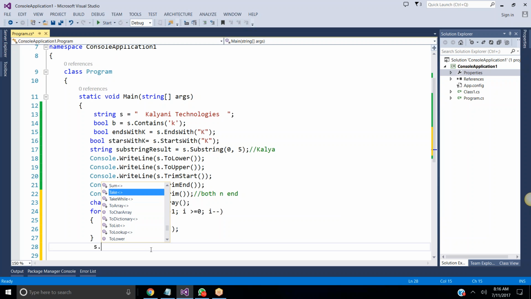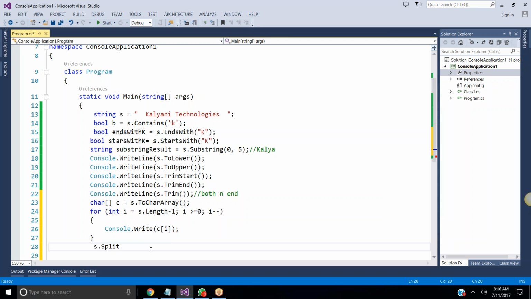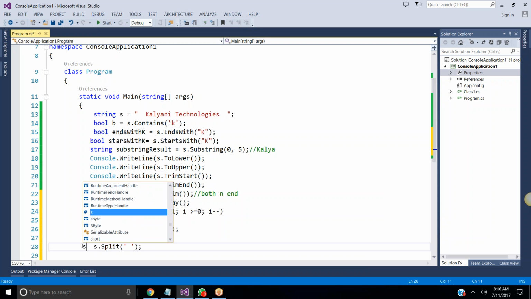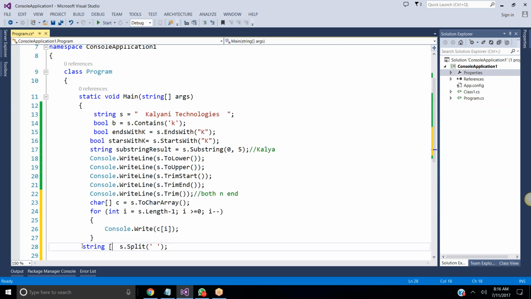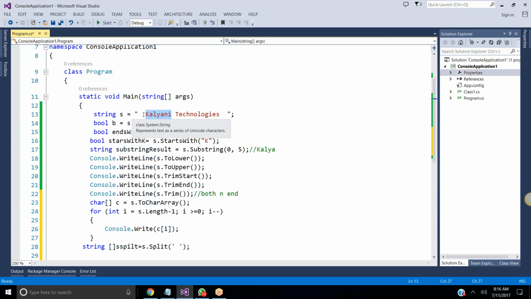S dot, now we have other functions too. Substring we have completed, StartsWith we have completed, and Split. Based on the space I want to split the string. Okay, now listen very carefully, all of you. How many strings will come whenever you are splitting the data with space? 2, right? It splits this and it splits this. Space in the sense, again it would be a problem because before and after there would be a space, so I'm removing this part to see the exact output.